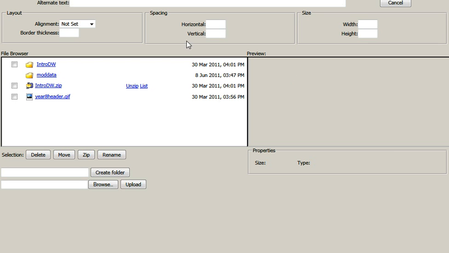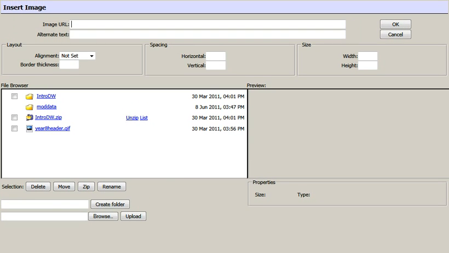Once we choose to insert an image, we'll then get, and I'll just resize it a bit so that you can see, this little Insert Image dialog box, and you can actually browse and upload a file. You'll notice down the bottom of it, these are the files that are currently on the server, and they're available to me. However, I haven't put my header on the server,